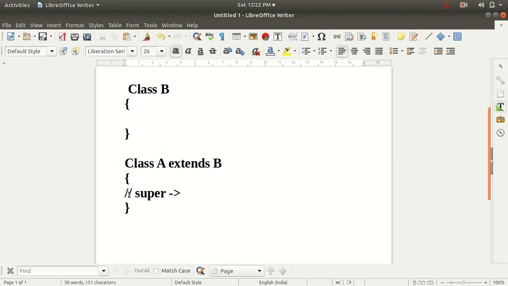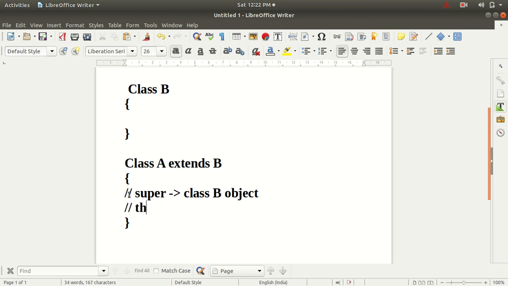So the super keyword is a reference variable which refers to the immediate parent class object. Here for class A, class B is the immediate parent class, so super will refer to the class B object,